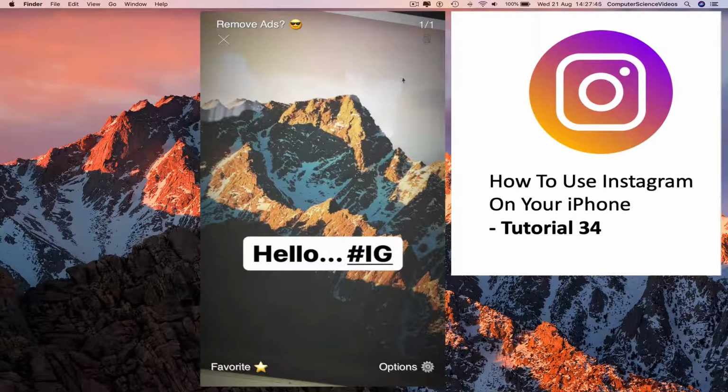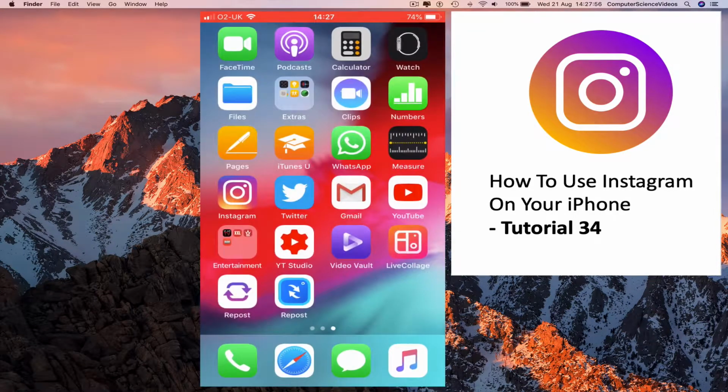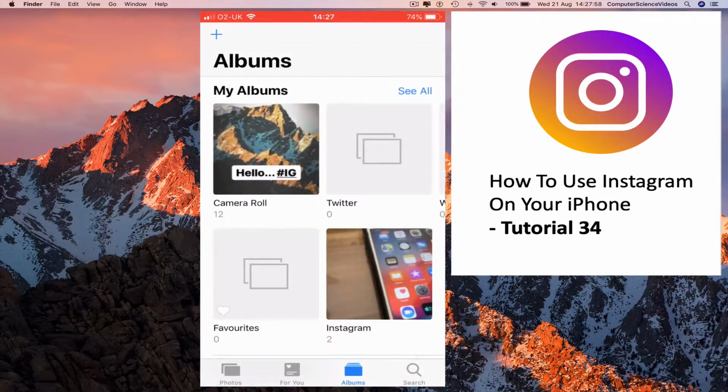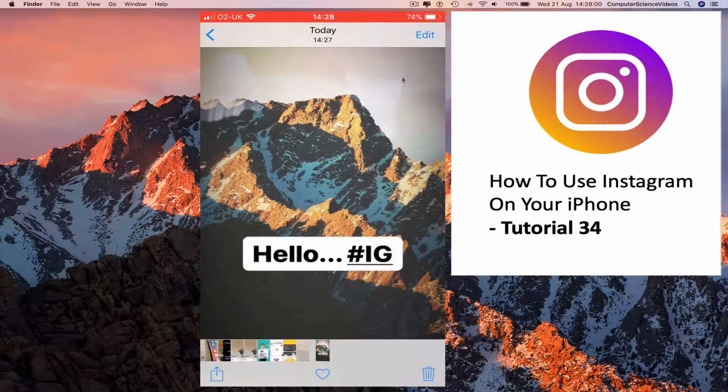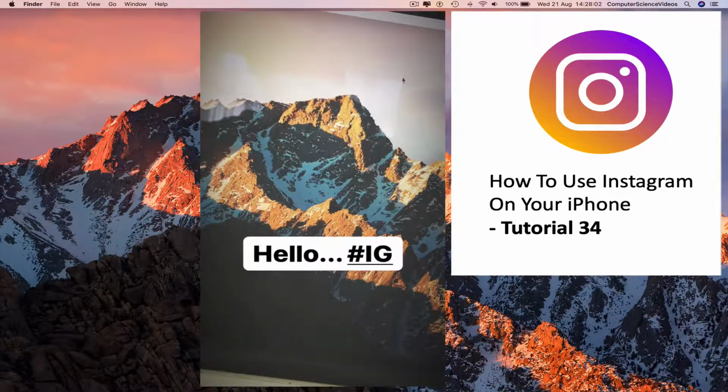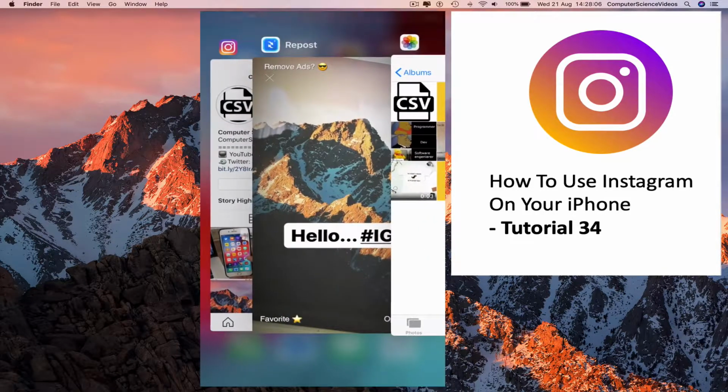Go to the right hand top corner of the screen. Click on the phone. Close. Go back to your iPhone homepage. Go to photos. And now we see the IG story has been downloaded to your phone. No watermark. Go back to your iPhone